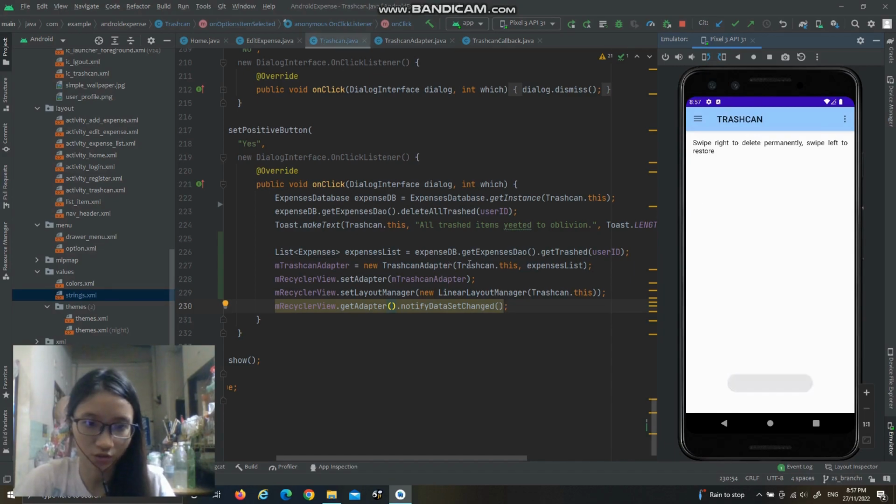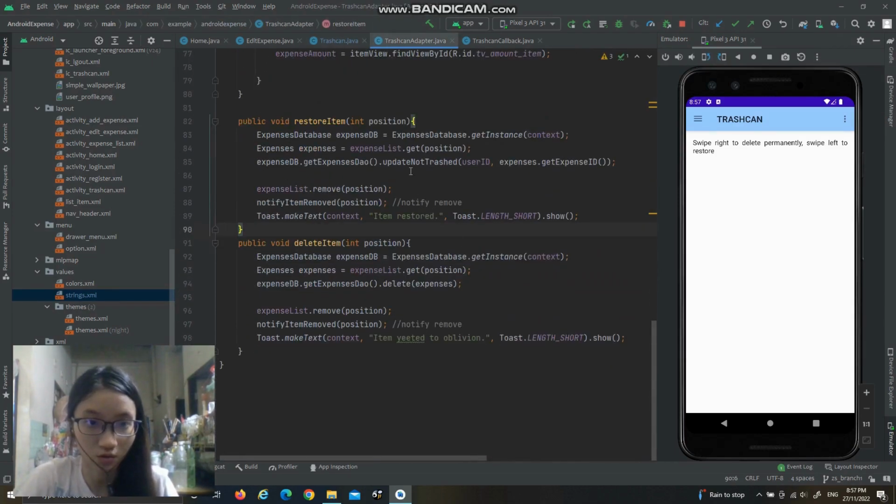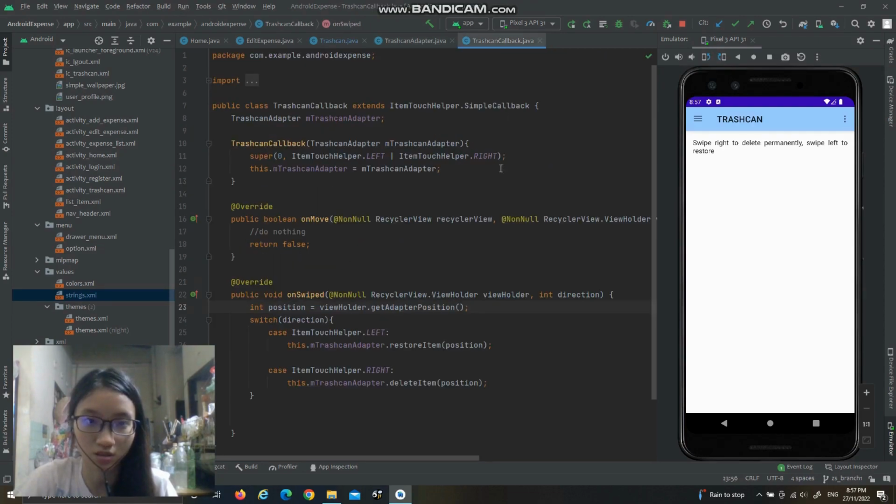So for the trash can code, this is the code to inflate the recycler view just now, and this will be the recycler view adapter. So this will be a function where restore item is swiping left and delete item is swiping right. So these are the functions that it will be executing when doing that, and it needs an item touch helper class to let it